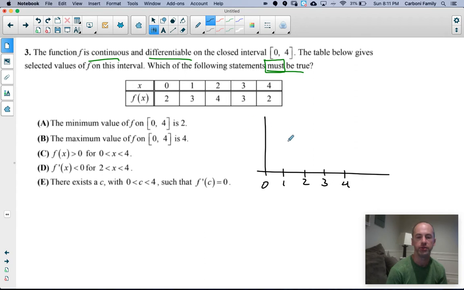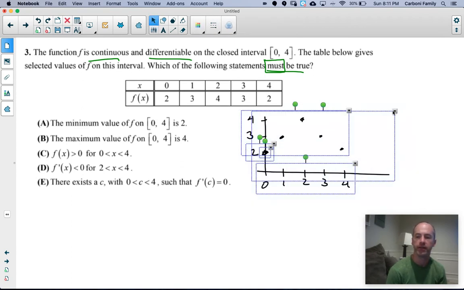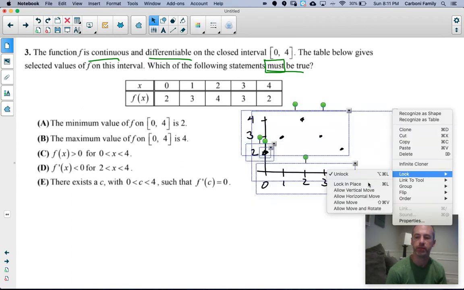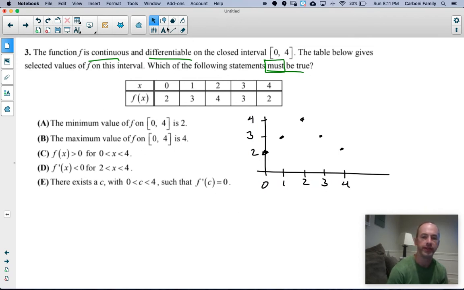We have values at x equals 0 through 4, and it goes from 2 to 3 to 4, and it kind of goes up pretty nicely. 2 to 3 to 4 to 3 and back to 2. So I'm going to lock all that in. And then let's think about all this stuff as we are considering these options. So option 1, the minimum value is 2. Okay, well, we know there is a minimum value because the extreme value theorem would guarantee that